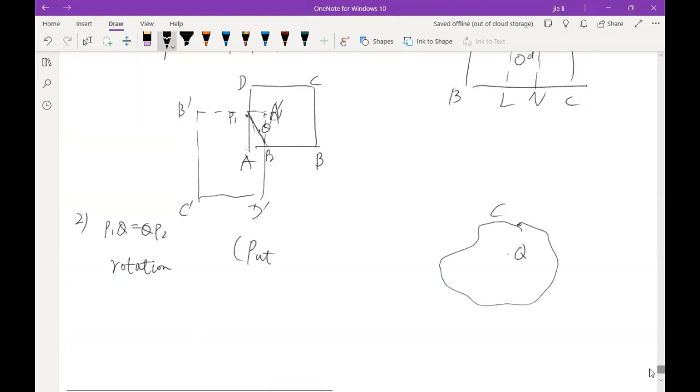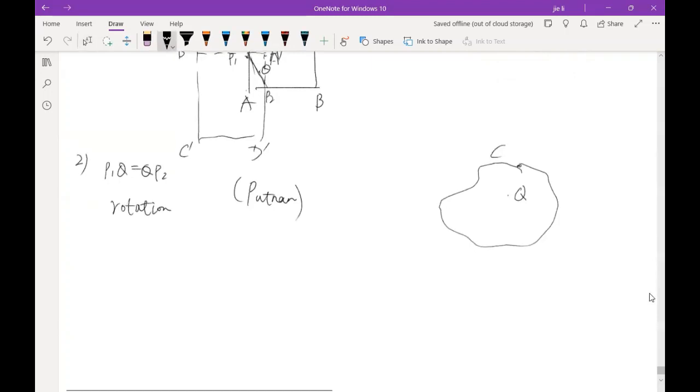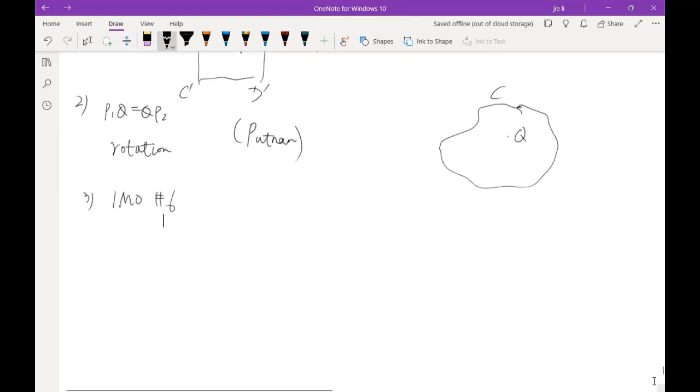Putnam, where I think most of you will participate once you get into college. Okay, and the next one, an AMO problem. AMO number 6 problem. So this one,